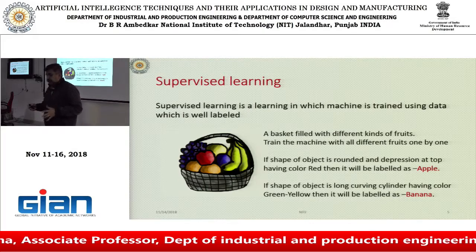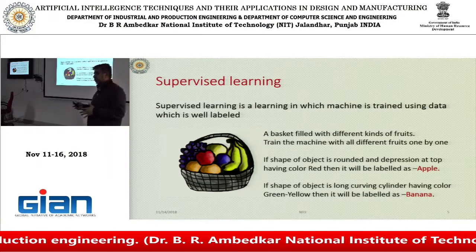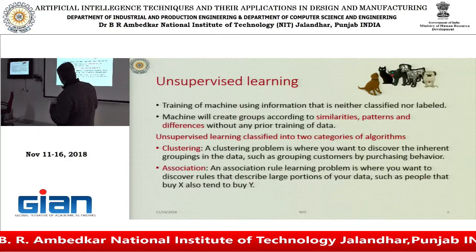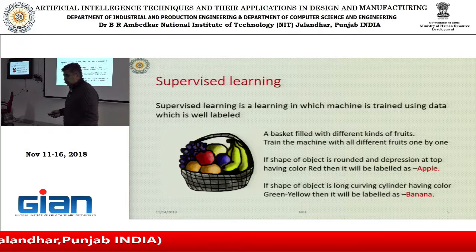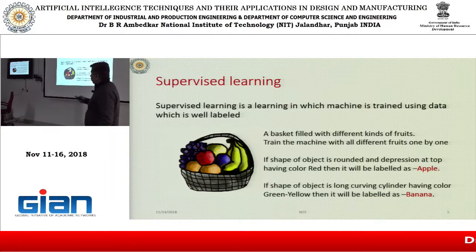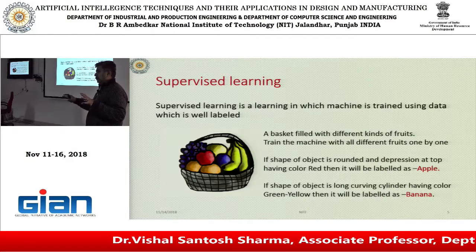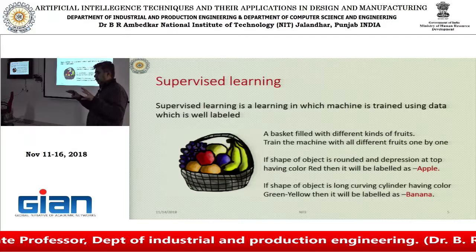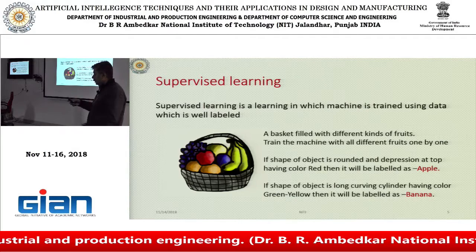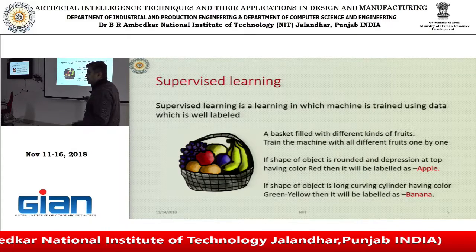When we talk about neural networks, there are two approaches. One is supervised learning, another one is unsupervised learning. Now what is supervised learning? In supervised learning, I know what the input is and I know what the output is. So input and output are known to me, and I create a model using a neural network. For example, I want the machine to